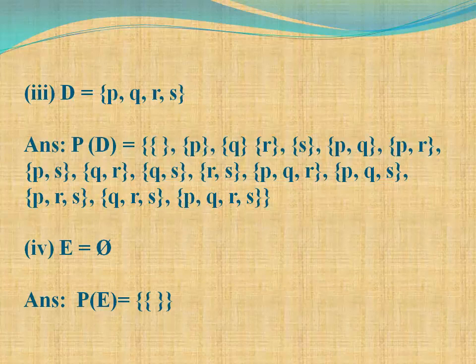These combinations are subsets. qp is not counted as another subset because elements will not be repeated. So pq and qp are the same only. So pq is the only subset. Next the combinations of three elements. Here pqr, pqs, prs, qrs. At last the same set will be a subset of itself, pqrs. These are all the subsets for 4 elements.